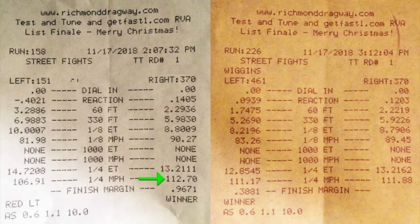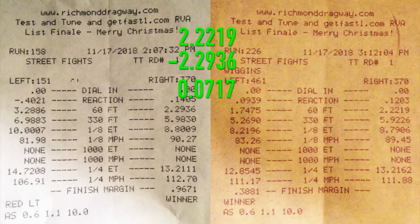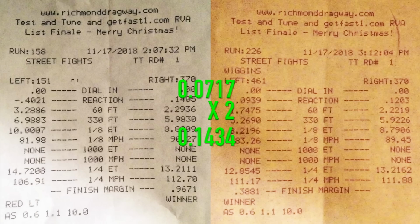Since I ran the same relative mile per hour, shouldn't the 60-foot rule come into effect and have yielded a faster overall pass? Yes, and it did. The ET is reflecting that, even though it's the same time. Let's do the math. The difference in 60-foot times is 0.0717 seconds. Double that difference and you get 0.1434. That's about a sixth of a second almost. So if you subtract that from your ET of 13.2111 from the previous run,